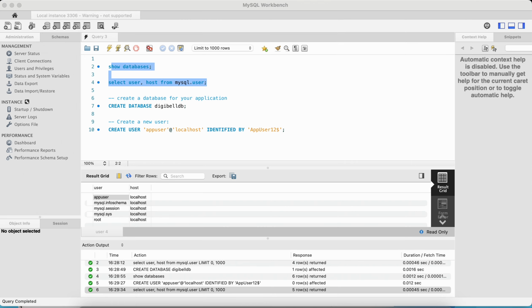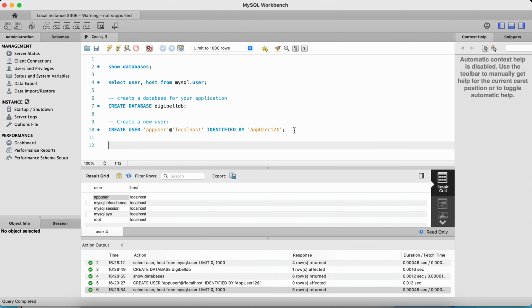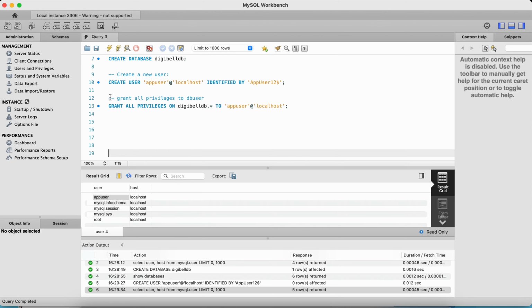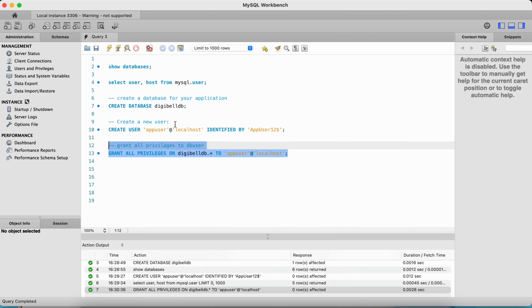So now for this app user, what I want to do is assign the privileges using the grant command. As it is a basic example, I will be giving all the privileges, but if you want to give read, write, delete or admin or whatever privileges you want for this particular app user, you can assign them. But by executing this command, I just want the app user to access the Disable DB with all the permissions. So that is what I want to grant, because the Disable DB is the database which we are going to use in our application, and the app user is the user that we will be using to connect to the Disable DB in our future examples,